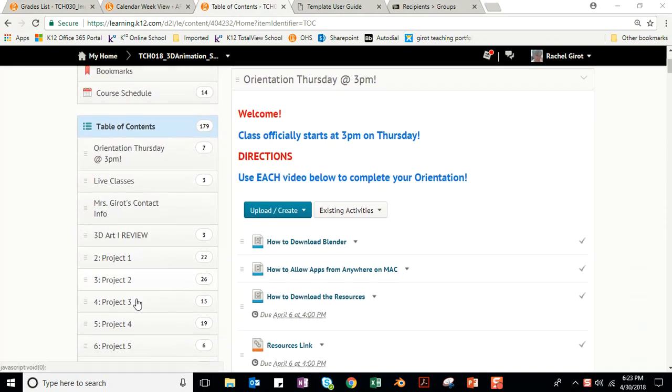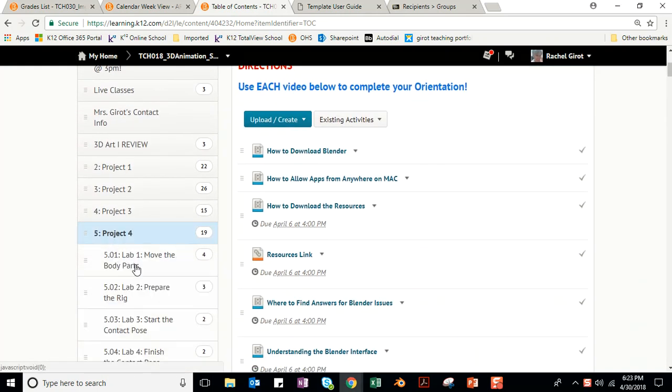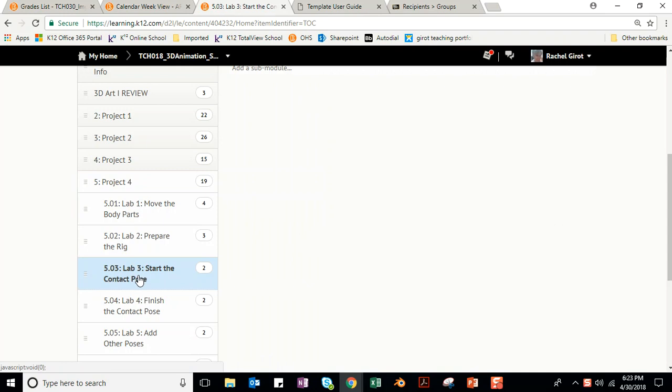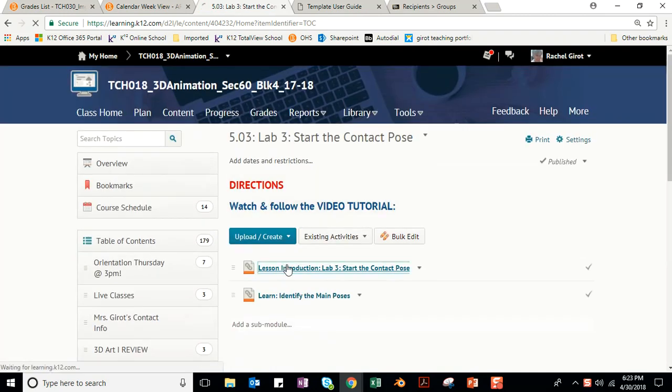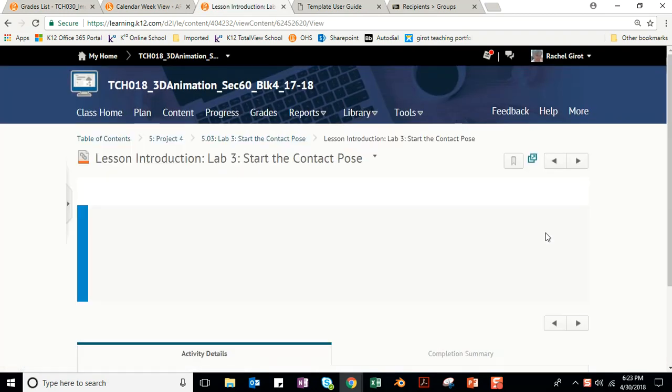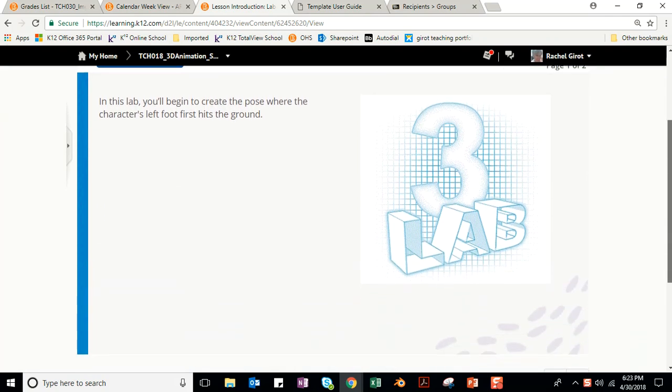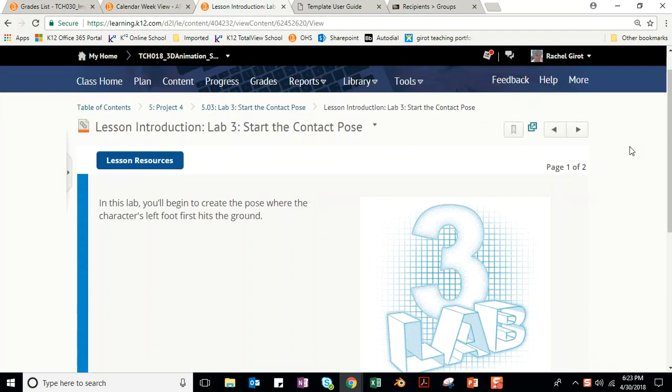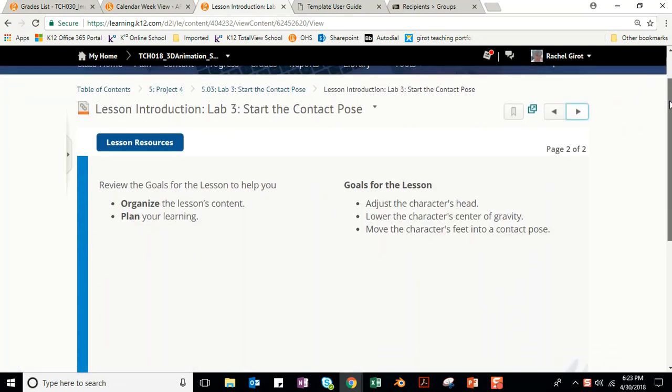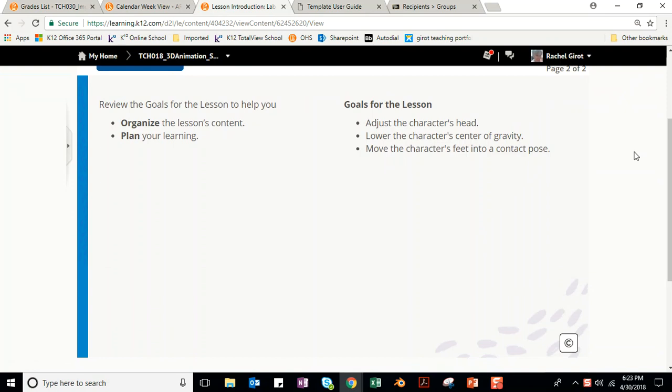So let's get started on the Unit 5 Lab 3. In this lab, you'll begin to create the pose where the character's left foot first hits the ground. Goals for the lesson: adjust the character's head, lower the character's center of gravity, and move the character's feet into